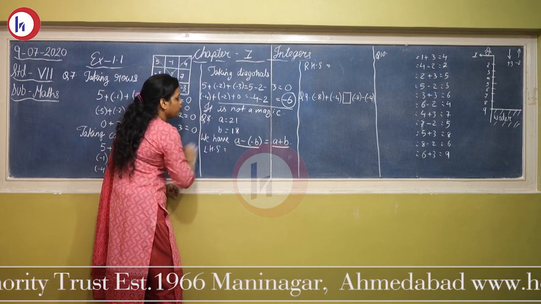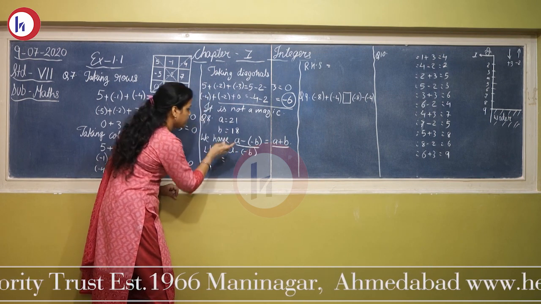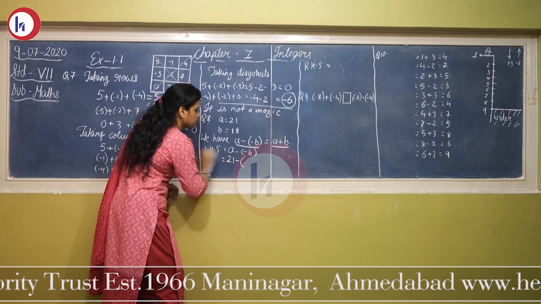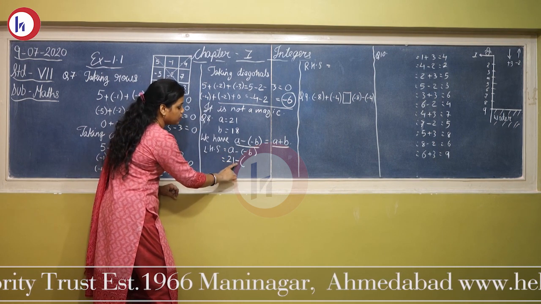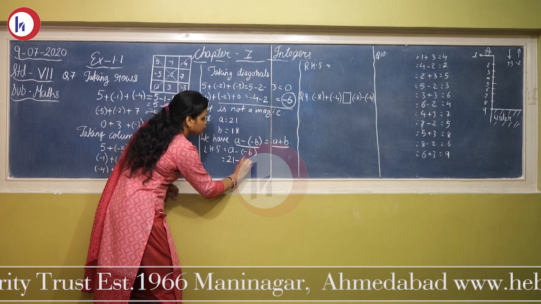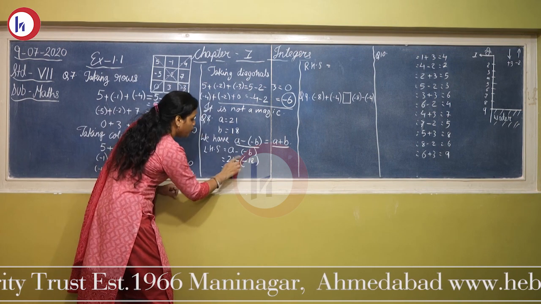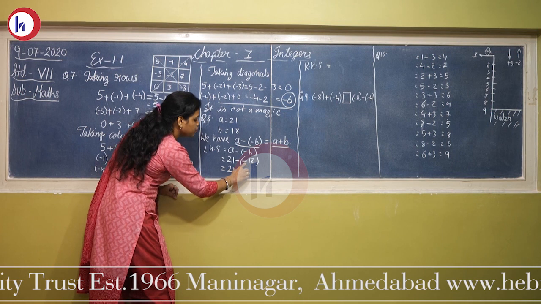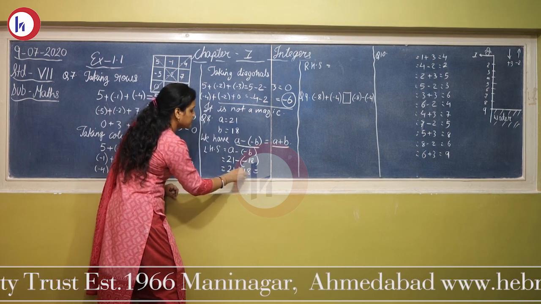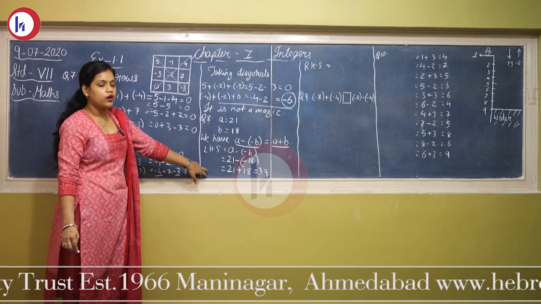Let's start with what you will do. In place of A you are going to write 21. First we will write down our left hand side and then we will place the values given. That is A is 21 minus, see this minus is given in the question, remember, and here also minus is given in the question. So minus and 18. Now you can see, open the bracket, 21 minus into minus plus 18. So what you will get here is 39. Okay, so left hand side I got 39.